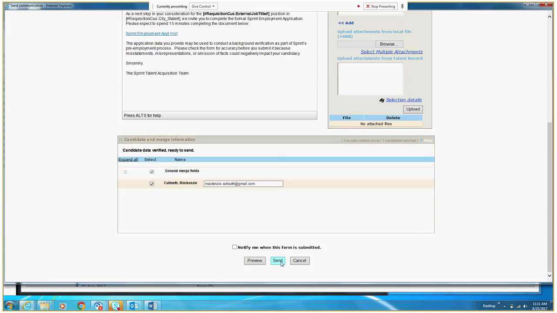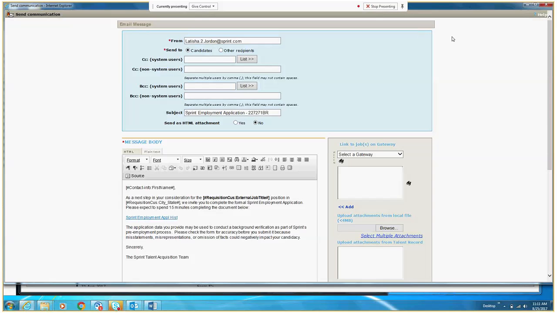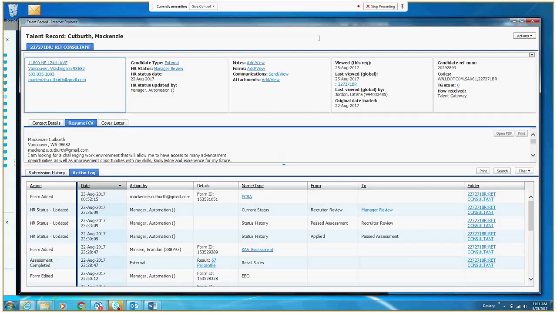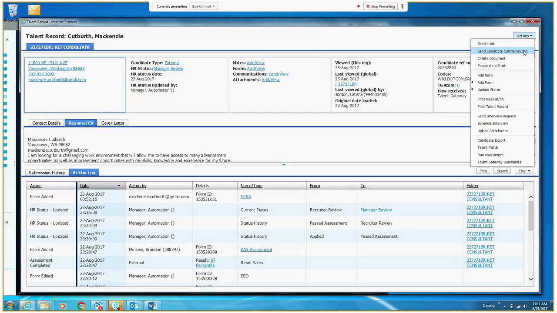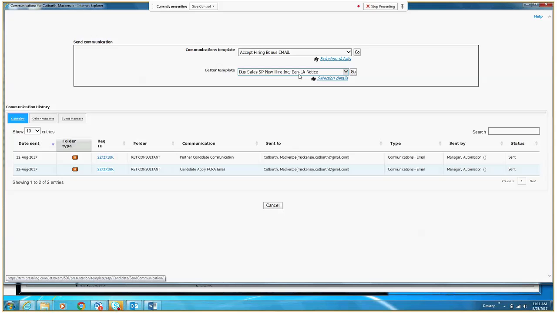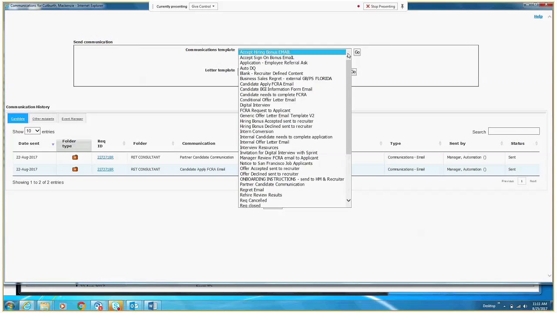So, would you not do anything with the second drop down on the first screen there? Let me go back. We just keep it where it was at? This one right here, yeah, the letter template? We don't touch that one. No, because you're either sending one or the other. Okay. So those particular templates for retail are contained in the first communication template.